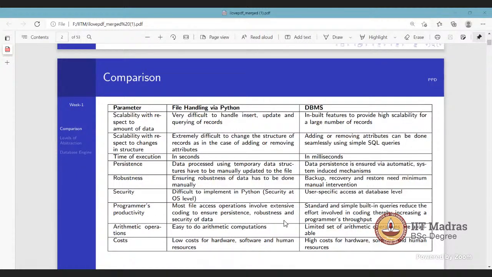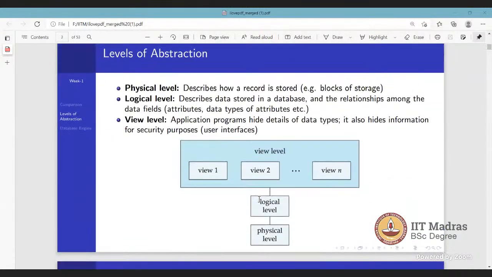Okay. So the next topic was the level of abstraction. It is a 3-level model, and on the top we have the view level, then the logical level, and lastly the physical level. Here the physical level provides service to the logical level, which provides service to the view level. What that basically means is that the lower levels provide service to the upper levels, right? So we'll begin with the physical level.